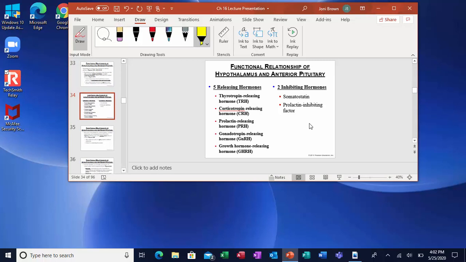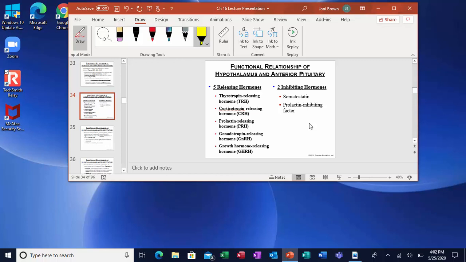You have 5 releasing hormones that say we need to release a hormone, that the hypothalamus tells the anterior pituitary what to do with these releasing hormones. And then you've got 2 that are inhibiting hormones. The hypothalamus will release thyrotropin releasing hormone, TRH, to the anterior pituitary, and it will stimulate release of something, or